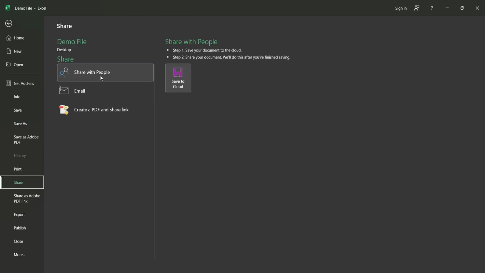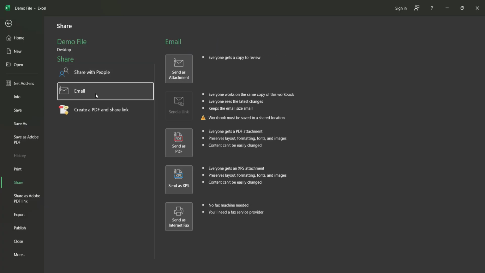Like this, if you wanted to share with some people, you can save it here through the cloud connections, or if you wanted to email, you can send it as an attachment to the email, provided your system has Microsoft Outlook configured to it. Then